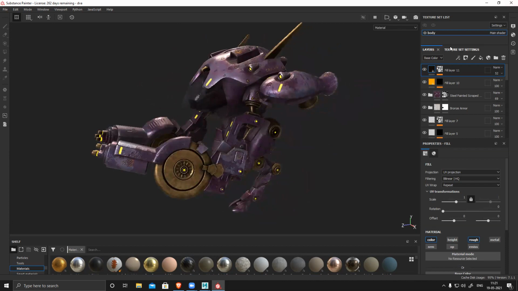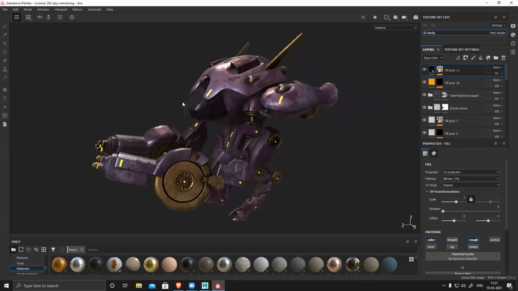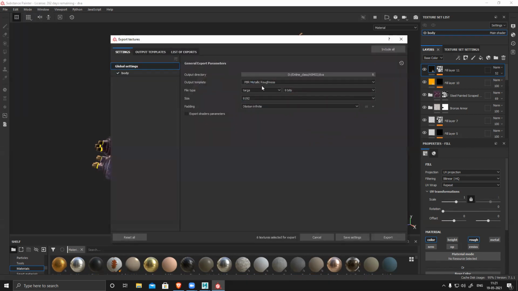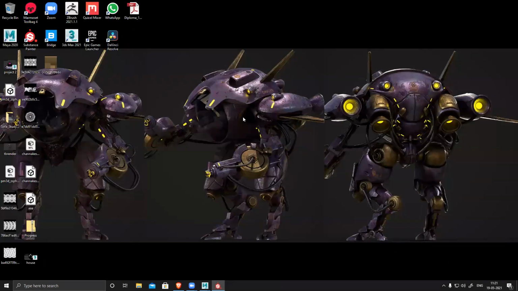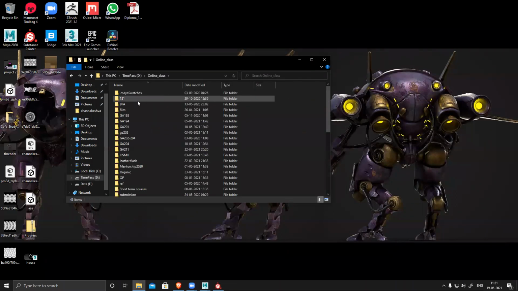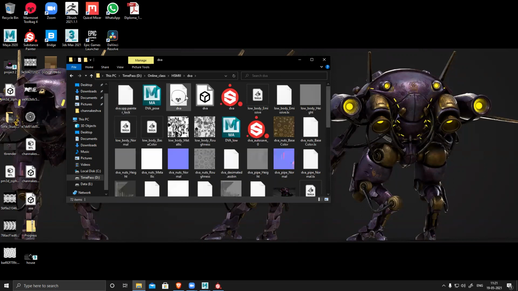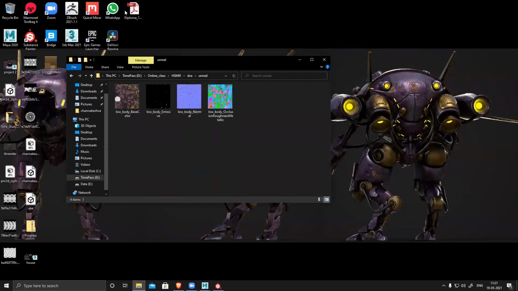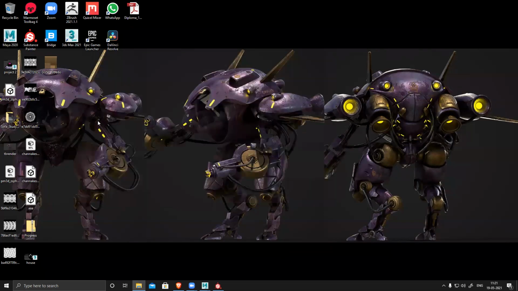Okay. So, this is with the texture and everything. Then for Unreal, what you have to do is go to export texture and output template, select Unreal Pack 4. This first option, not the second one. Select this, export. I guess we exported this yesterday, right? Yes, there is a folder, and I believe we imported also.